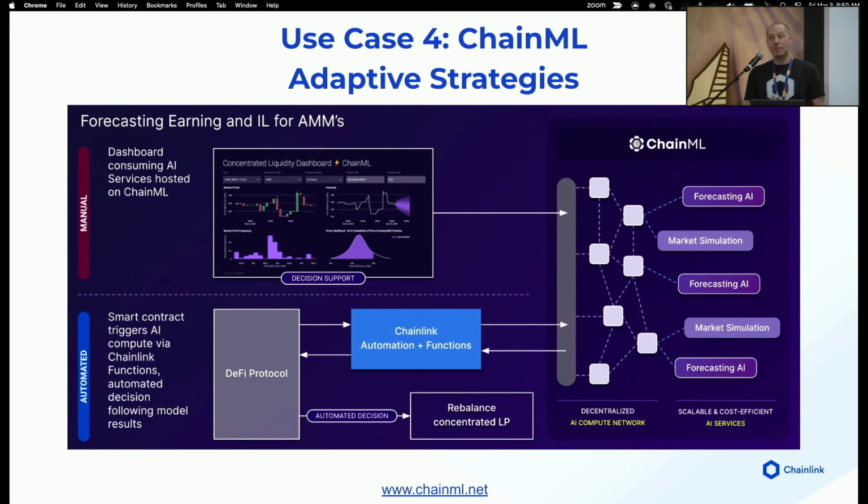Next use case, adaptive strategies. So you may have fixed parameters or fixed values off-chain, but you may also have predictive analytics that's constantly running models and looking for trends, anticipating movements in the market, or detecting risk that may not be available on-chain directly. It may not be feasible to perform these calculations and models on-chain because, one, they're too expensive, or two, there just isn't enough gas in the block to perform the calculation. So you can have your models running 24/7 and have a smart contract request an update as needed.